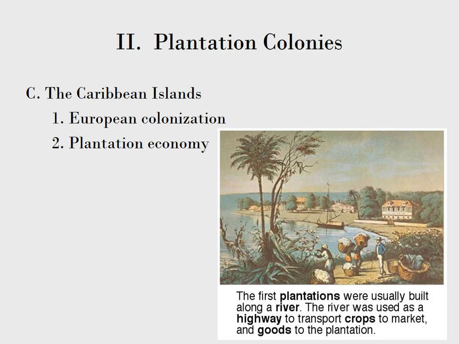All right, plantation colonies. So the Caribbean islands. European colonization in 1624, you have the English and the French colonists. So you have St. Kitts in the Caribbean by English and French. 1655, the French are going to also occupy Martinique, Guadeloupe, and St. Bart's. And the English are going to occupy Nevis, Antigua, Montserrat, Anguilla, Tortola, Barbados, and Jamaica. And the Dutch are going to occupy St. Eustatius. So when you go to these Caribbean islands, even today, their history of English or French or Dutch colonization is going to be prevalent, and it's going to explain a lot of the differences between these Caribbean islands.